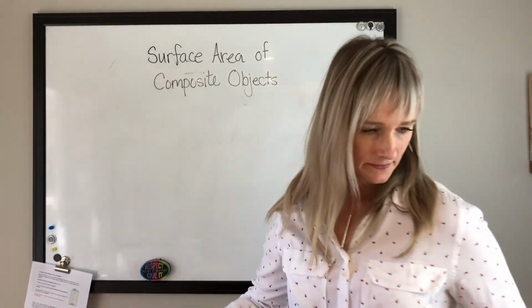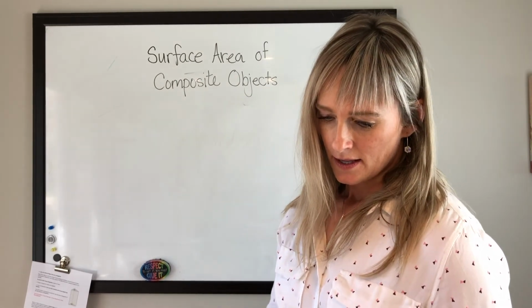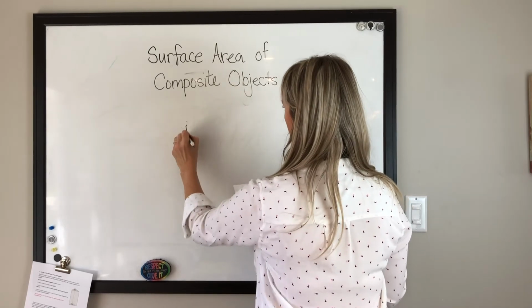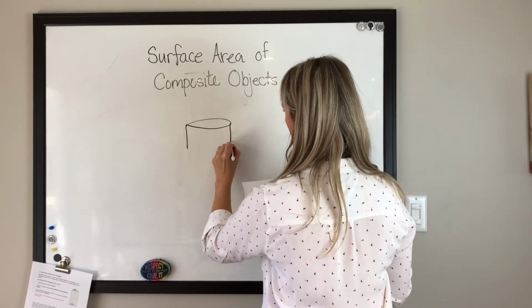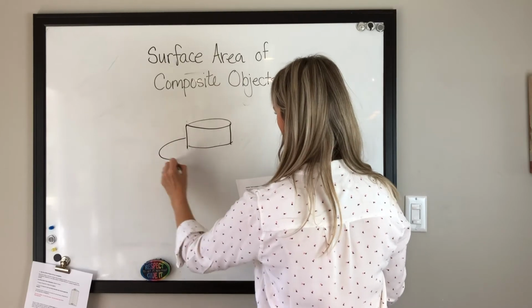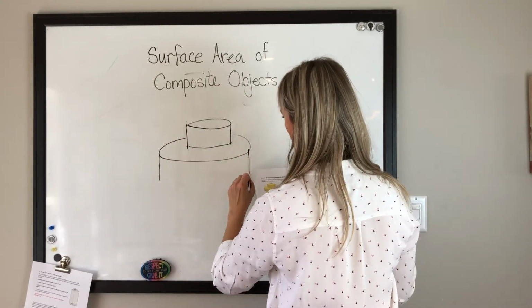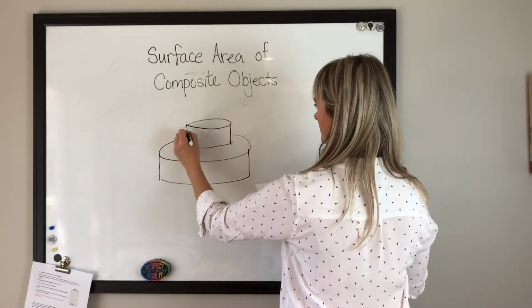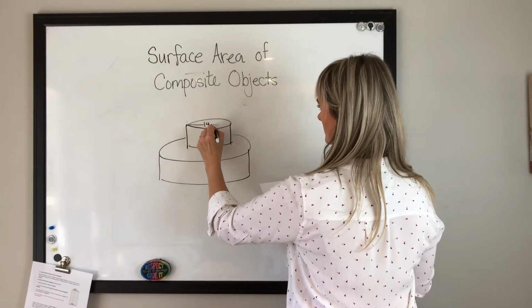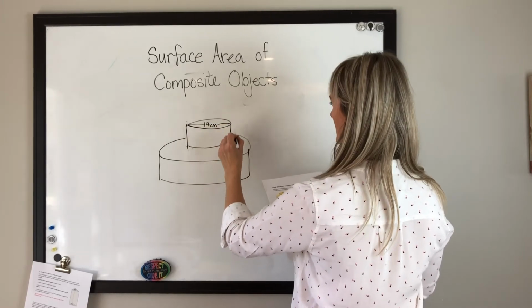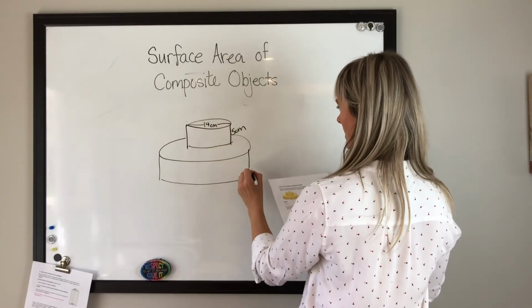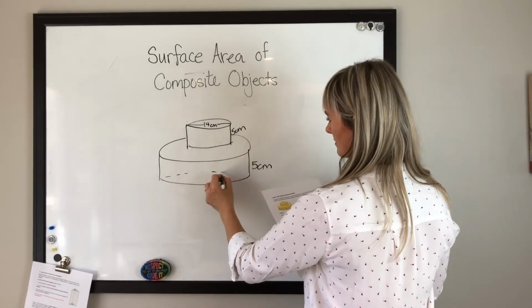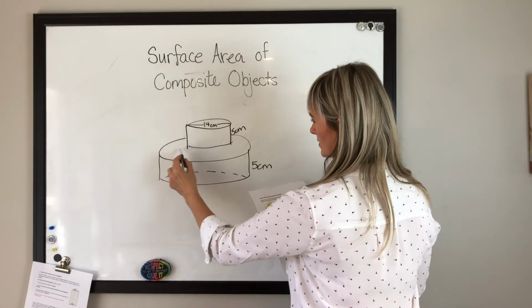So here's a question. If you had 2 cakes, and this was 14 centimeters across, the height of this cake was 5 centimeters. The height of this cake was also 5 centimeters. The circumference, if we could imagine that we could see the bottom of this, or the circumference of this, would